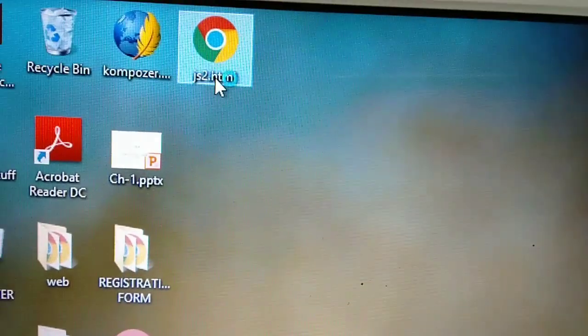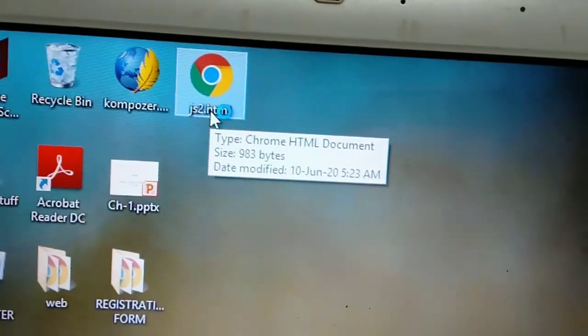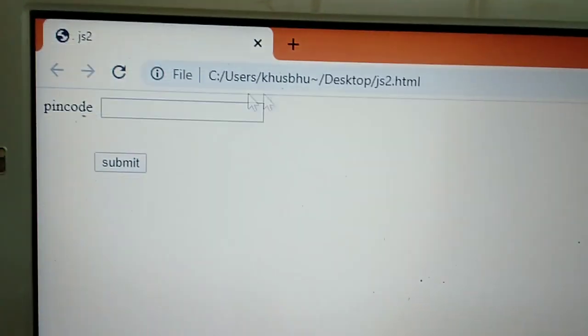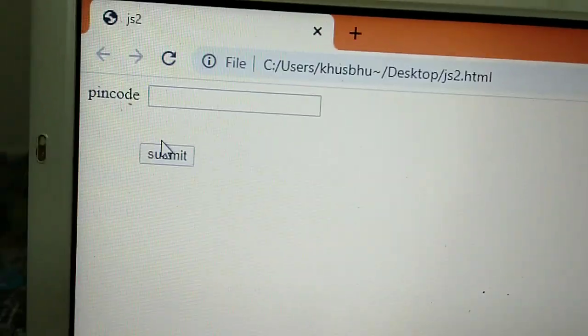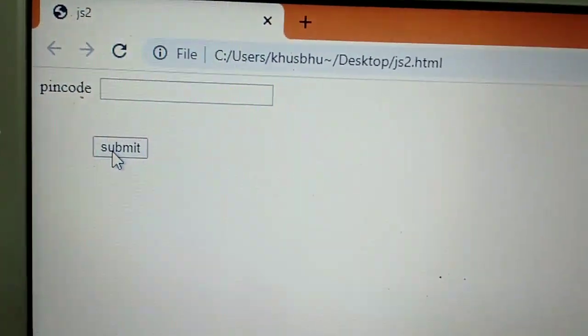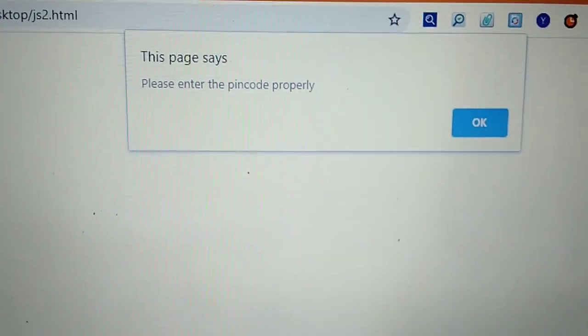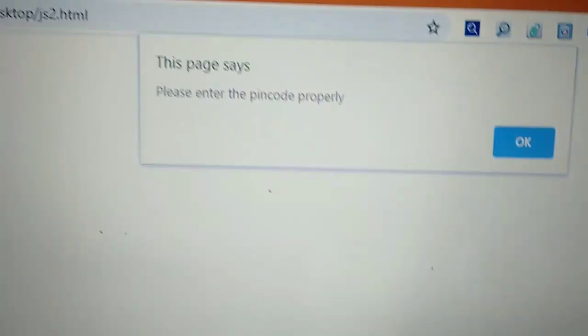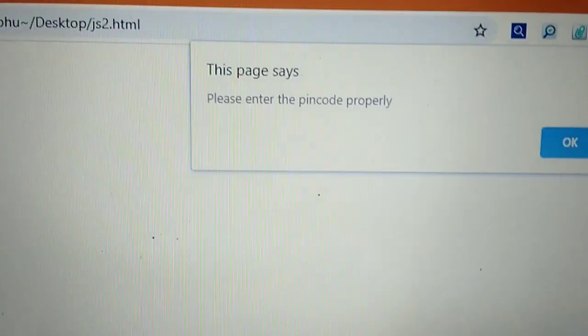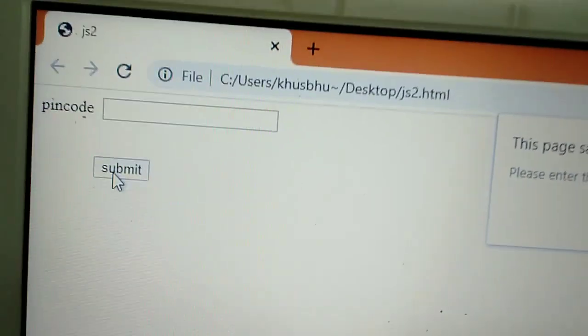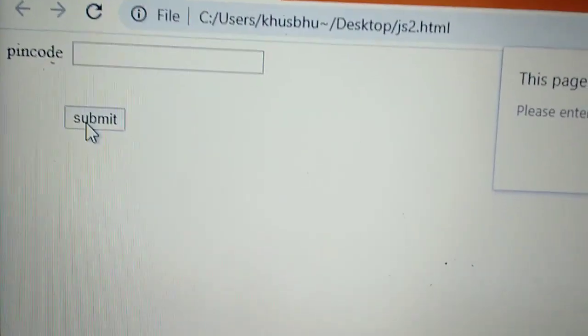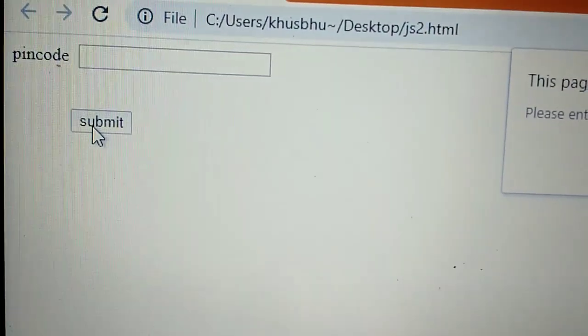Minimize our composer, and you can see js2.html in the Google Chrome browser. Now pin code, we click the submit button. Can you see? The message: please enter the pin code properly. Why? Because the pin code text box is empty and we clicked the submit button.